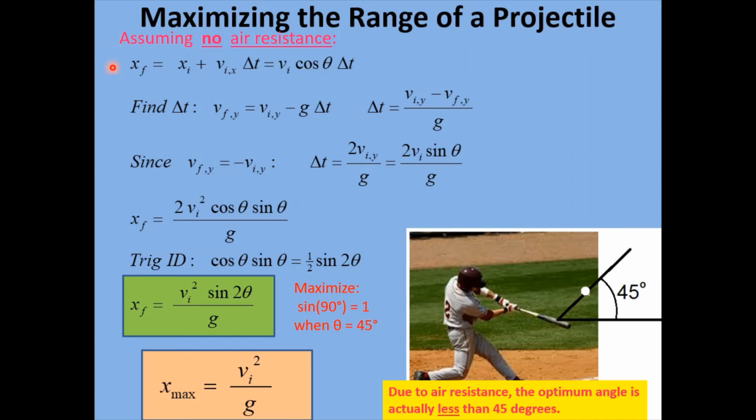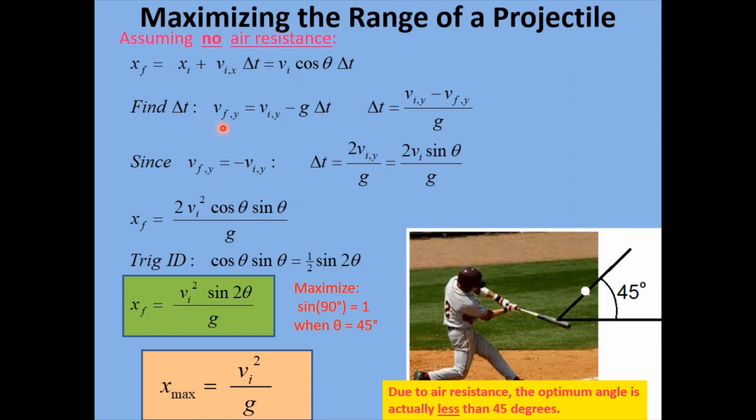So we're going to start with our equation in the x direction. The final x position is equal to the initial x position plus v sub i x times time, and v sub i x, remember, is the initial launch speed, vi, times the cosine of theta. The next step is to find an expression for delta t, because we want to make this range as large as possible, but we don't have an expression yet for delta t. So we're going to go to the y direction, the vertical direction equation,